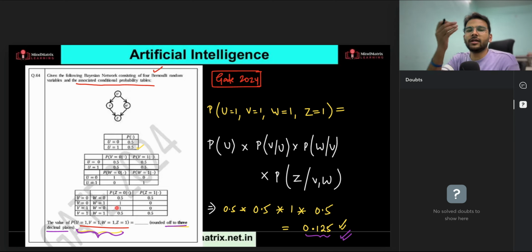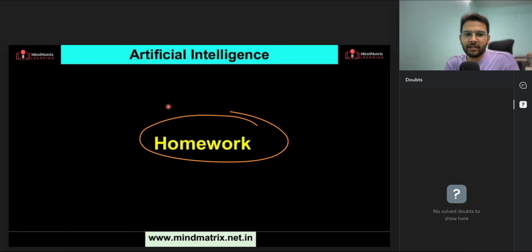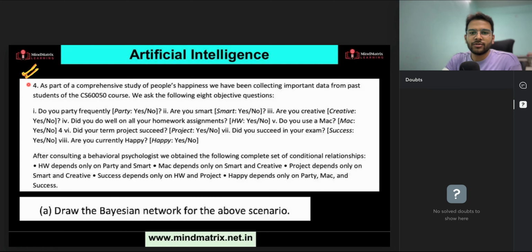So just to make it a little more, not complicated, just one level above, they can make the question like this. So try to solve this question and you can discuss the answers in the WhatsApp group for AI, or maybe in the Telegram group, so that you can find out the correct answer also. Fine.